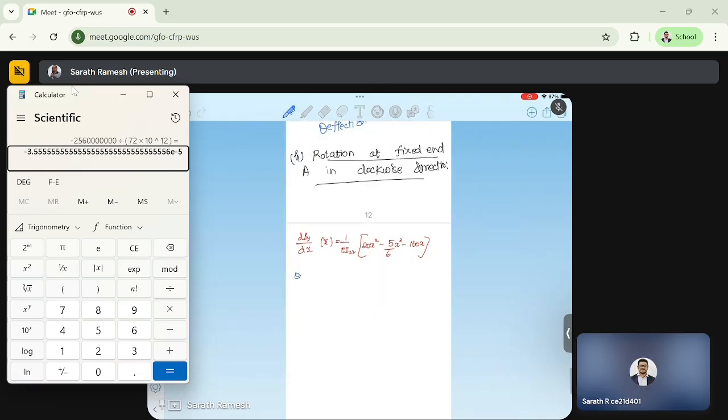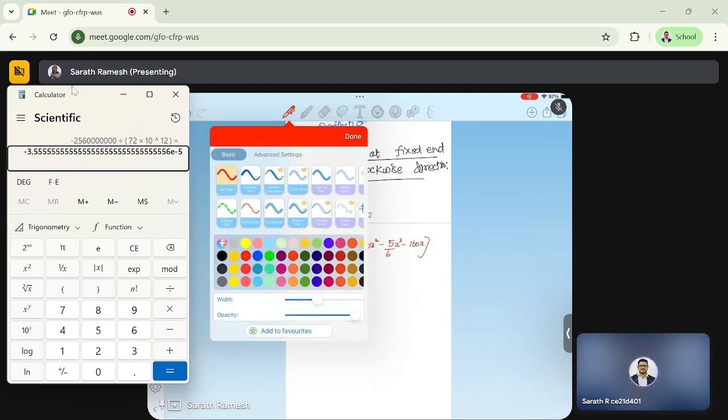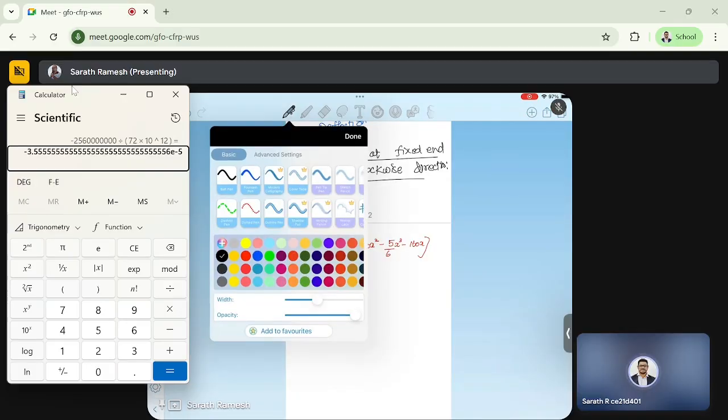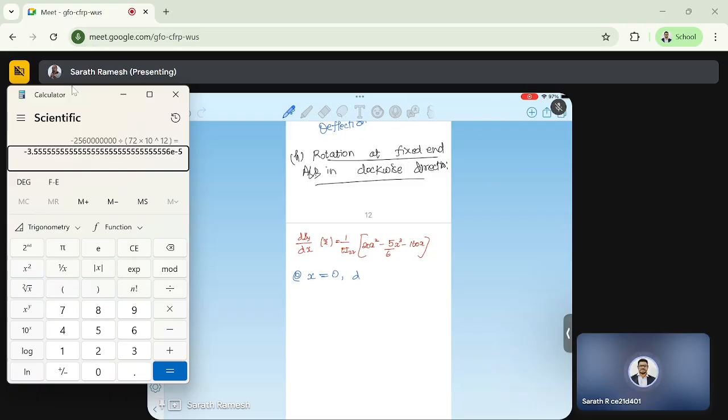At x equal to 0, my rotation at A, they are also asking for B, A and B. At x equals 0, d delta y by dx will become 0. That's okay, 0 degrees. They are asking in degrees, and similarly at x equal to 8 meters, d delta y by dx will become